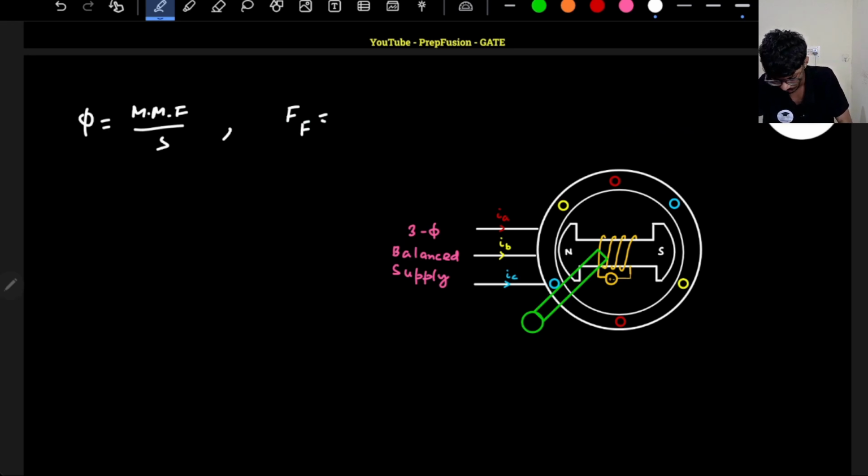It is equal to, let's write this, phi m pp, basically the peak MMF per pole, into cos of omega t minus alpha. Okay,